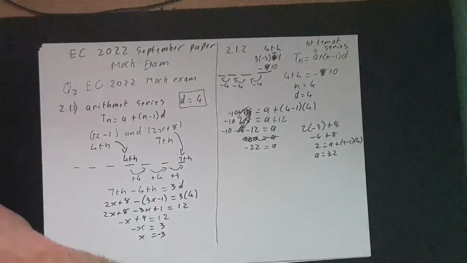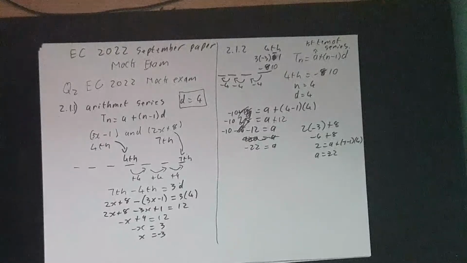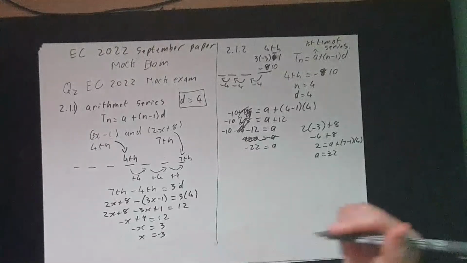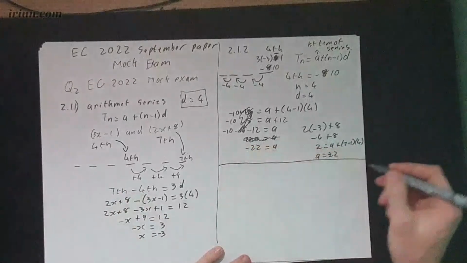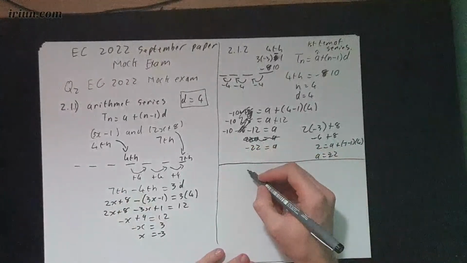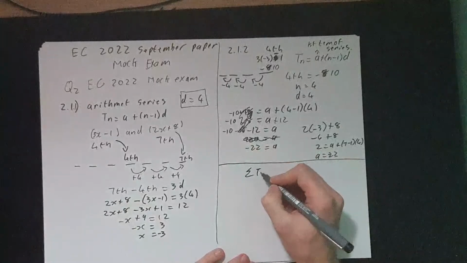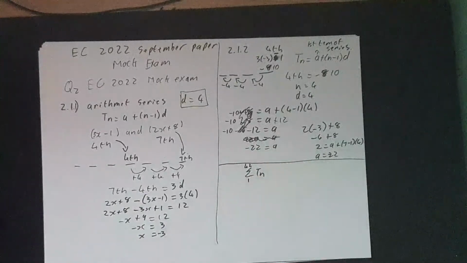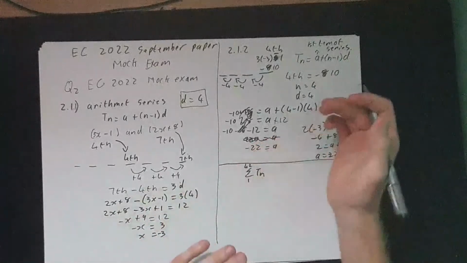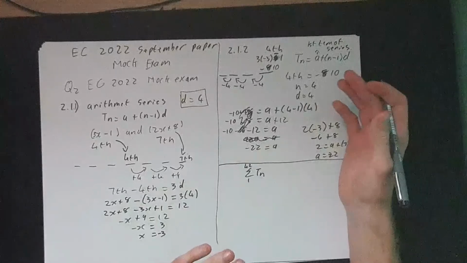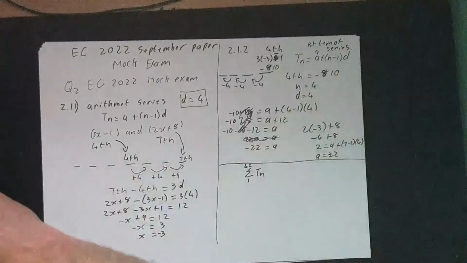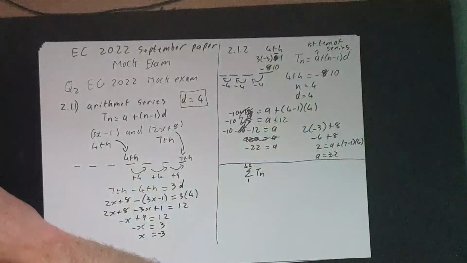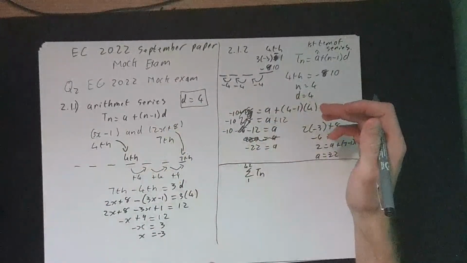So let's have a look at the next question. The next question says, part B, the sum of the first 42 terms in the series. So we look for the sum. What they want is the sum of Tn, sigma notation from 1 to 42. But now there's a formula for that, so we don't have to add everything up. If you don't know the formula or you don't know how to use it, then by all means, go and add everything up,